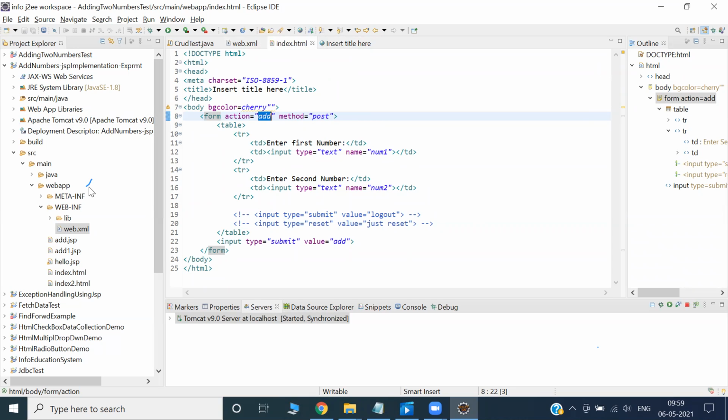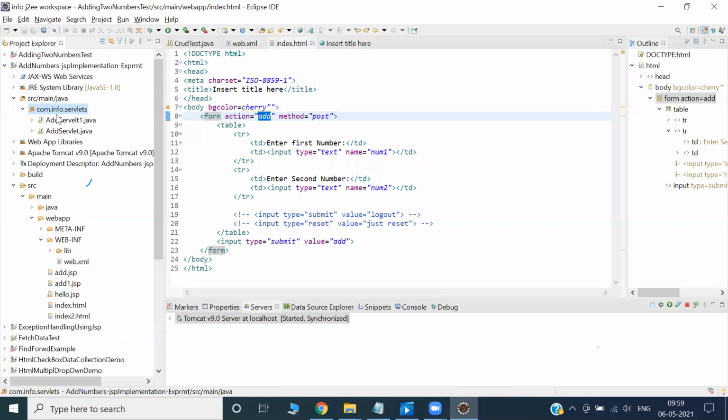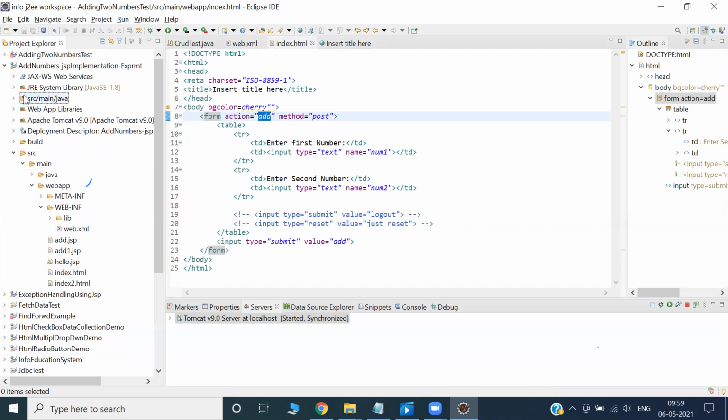So quickly we'll open this servlet name. Can you see? Who can tell me how I can get information about the servlet right now? Let me close this package. Who can tell me what the servlet name is? Which servlet is being called at this point of time? Who is calling this servlet?